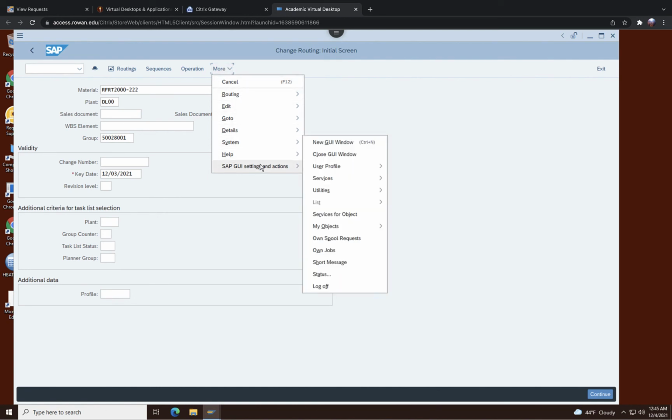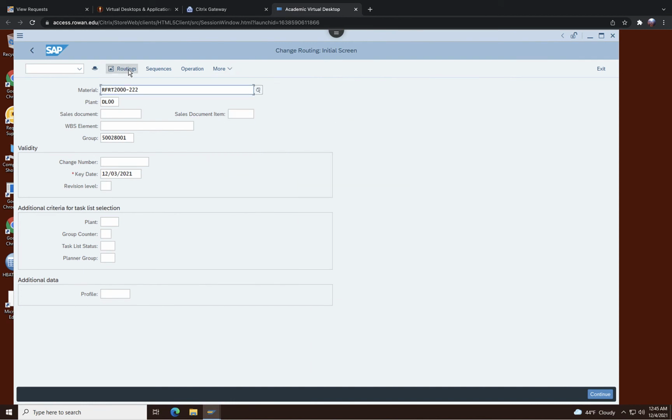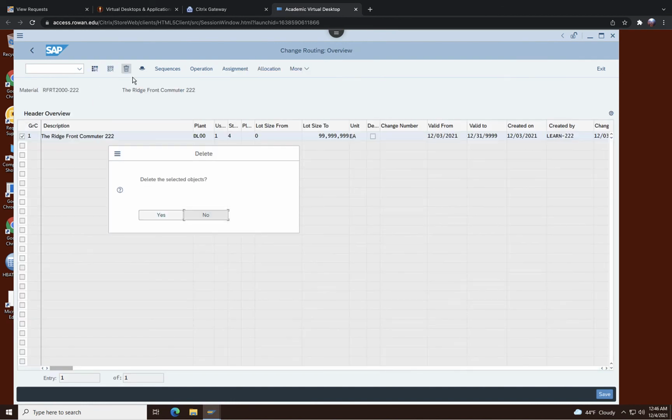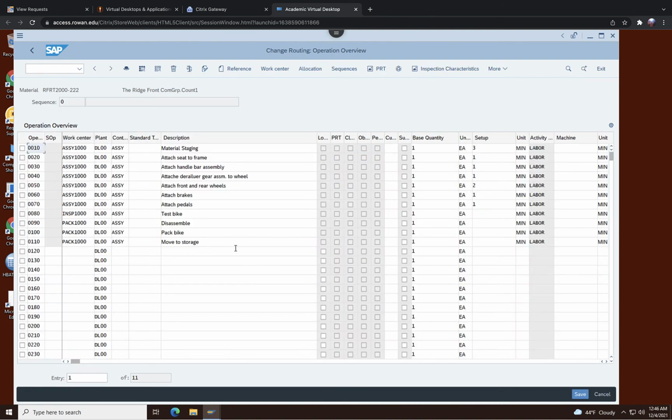So let's see if I have that. So let's go to routing first. No. Okay, here we are on this routing decision. I need to work on this component or location. So click on that,